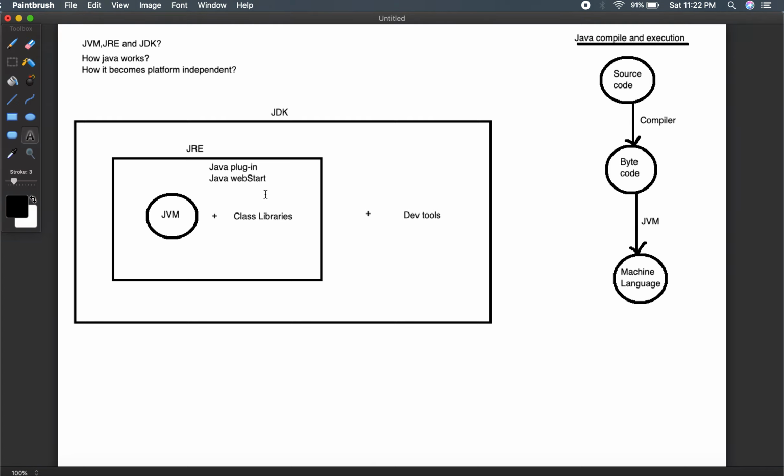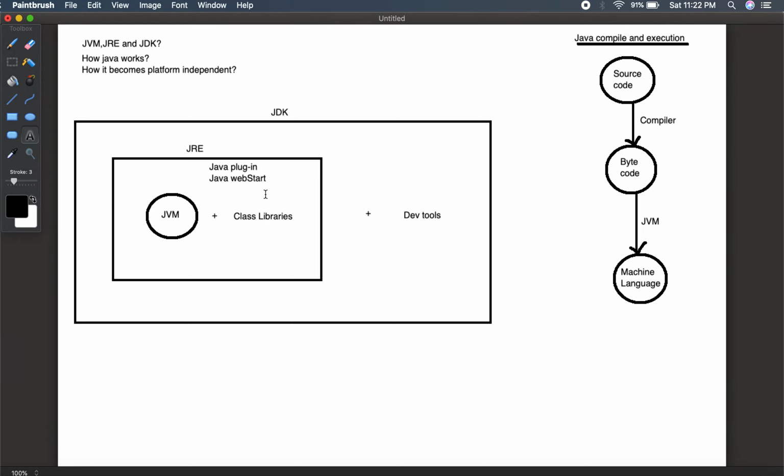If you want to run a specific program on the machine and you are not going to develop any applets or applications, JRE is enough. You can download the JRE, which automatically gets the JVM onto your machine, though that is physically not existing, but it will run. That is part of a JRE, and it provides the environment to run the program. It reads the bytecode and converts it into machine understandable language to run that particular bytecode. That is the functionality of the JRE.